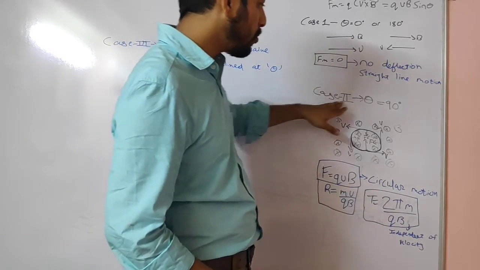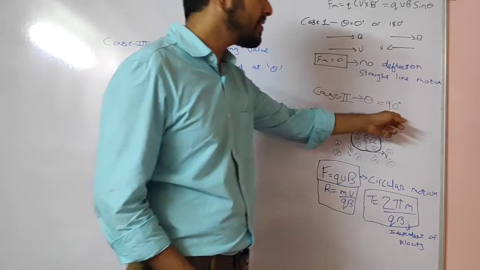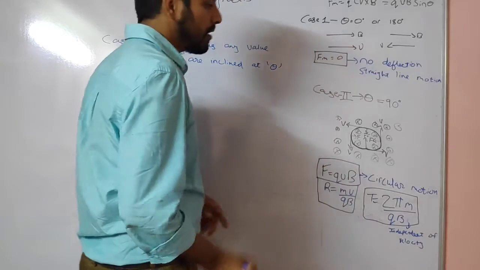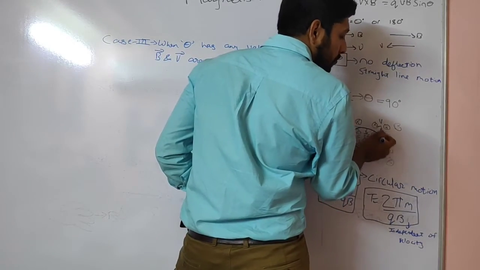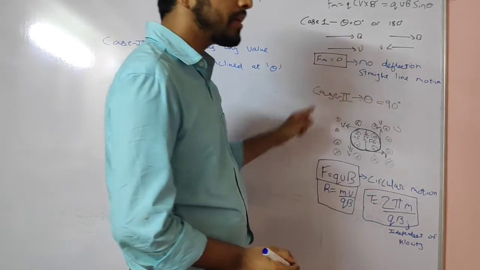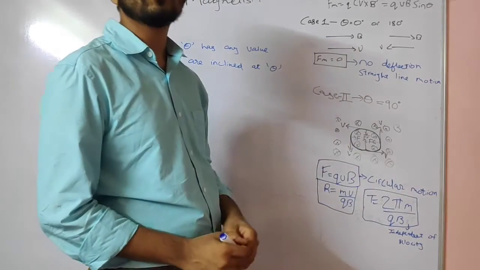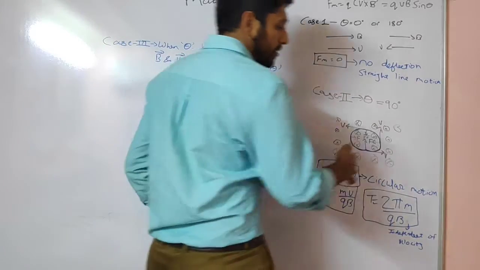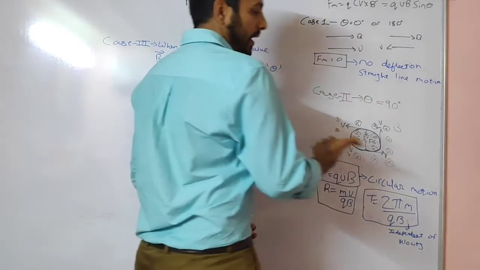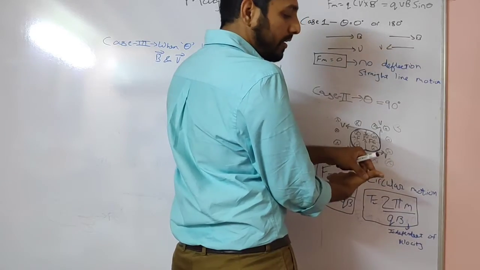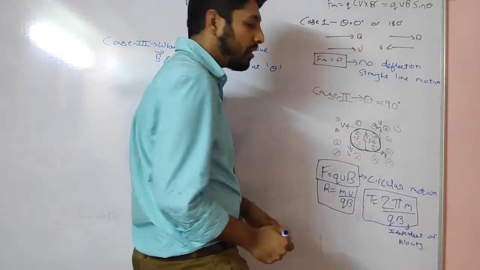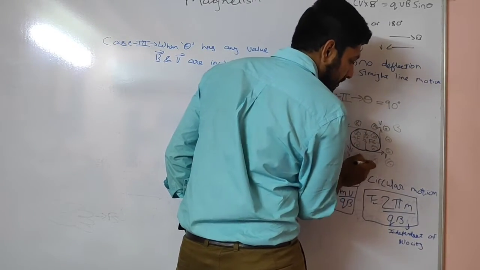Now moving towards case 2, when the value of theta is 90, that is, magnetic field and velocity are perpendicular. At that time, the force tries to deflect the charged particle so that the motion becomes circular. How had we studied? We had used the right hand palm rule. This is the direction of magnetic field, going inside the plane, and this is the direction of velocity or current. Then the force will be in upward direction. So instead of going on this straight path, it gets deflected.